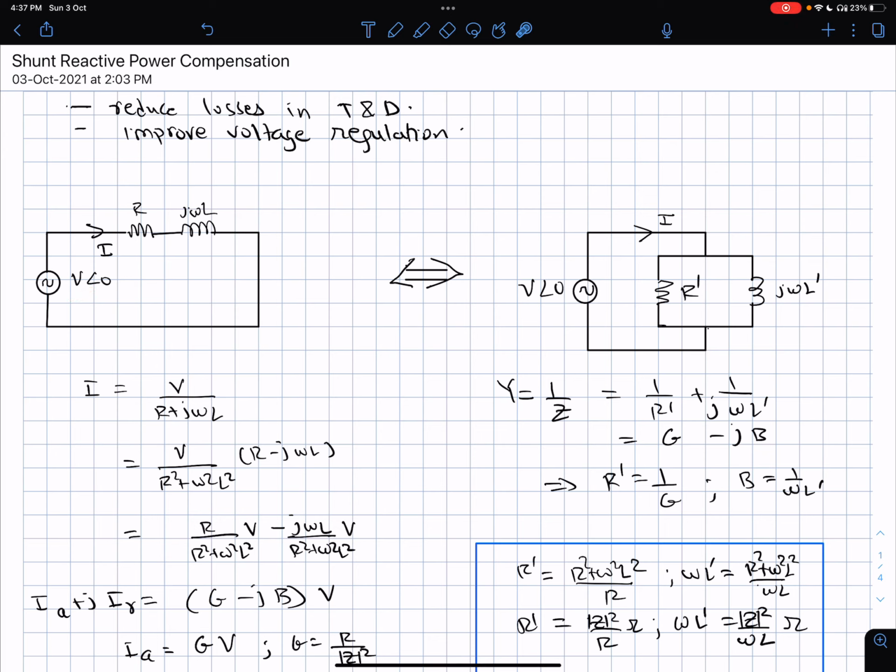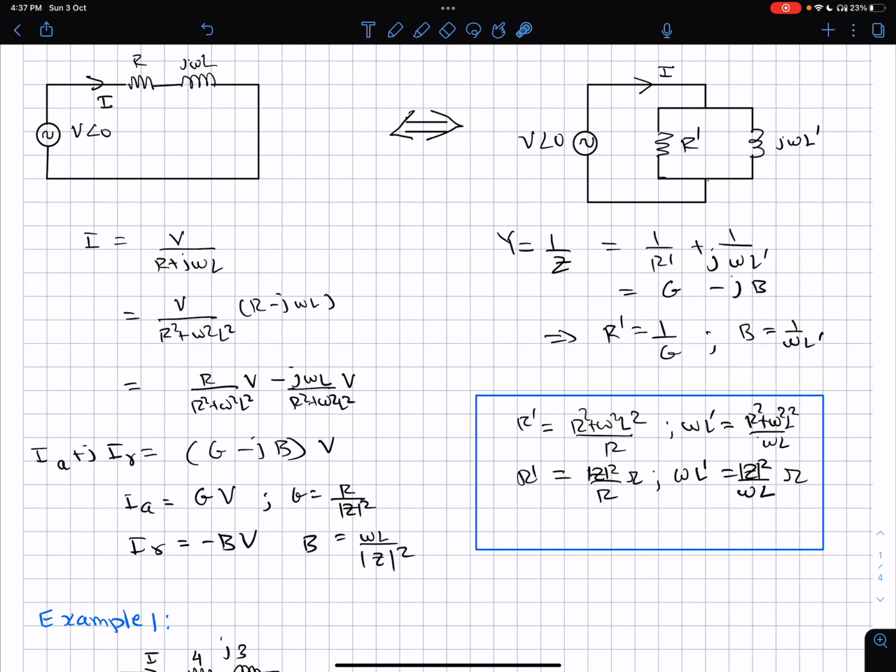This V here indicates that it is the RMS value of the voltage, and omega is our 2 pi into 50 hertz, or 2 pi into 60 hertz if you are in North America, for example, and R is the resistance of the wire. So the first thing that I want to show you is that this circuit can instead be equivalenced by also a parallel RL circuit. It's not like it should always be shown as a series RL circuit. It can equivalently be shown as a parallel RL circuit.